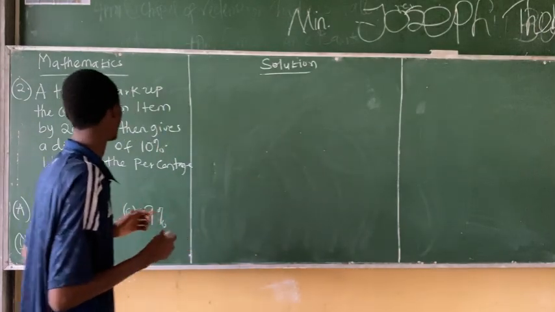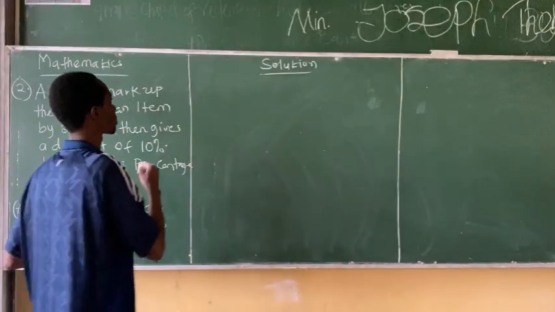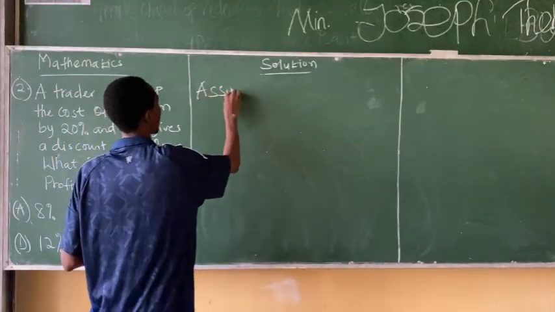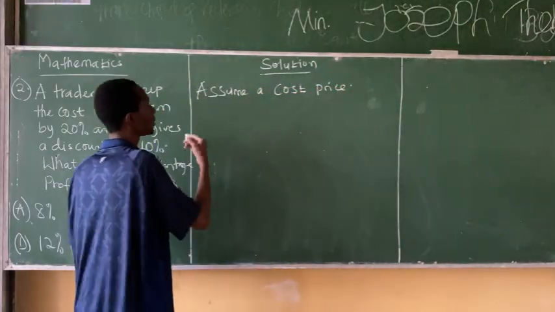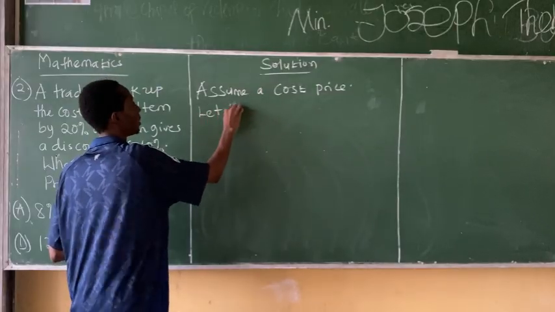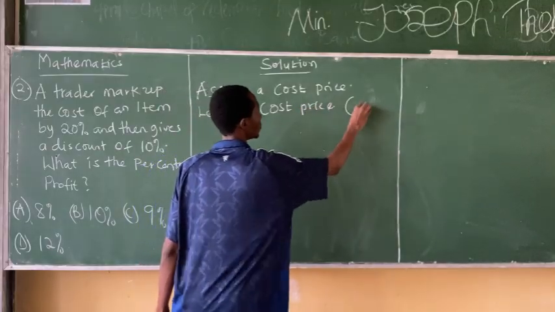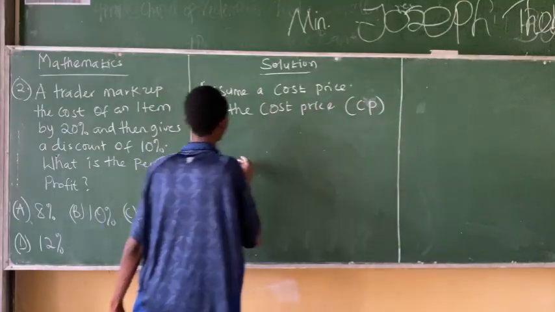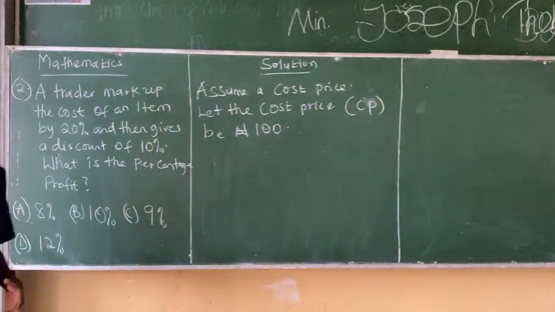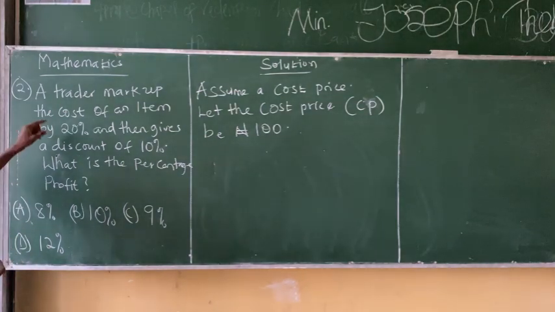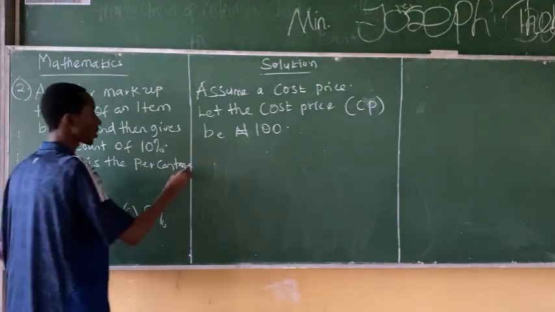Solution. The first step is to assume a cost price. We don't know the cost price of the item, so we assume a cost price. Let the cost price, CP, be 100 naira. We have assumed the cost price to be 100 naira. The question says a trader marked up the cost of an item by 20%. So let's say the markup price